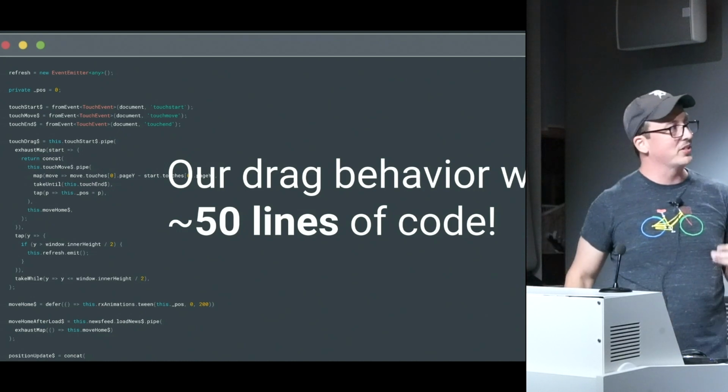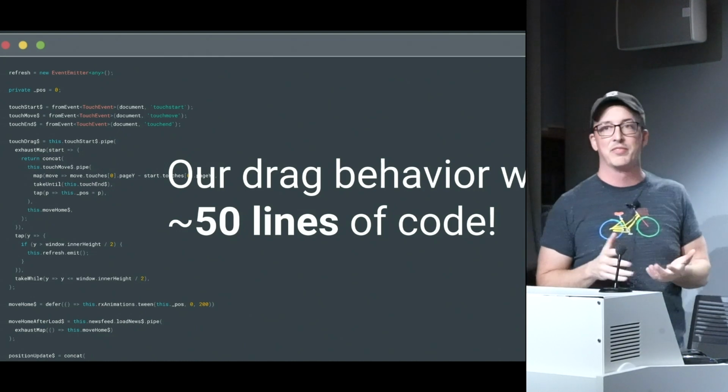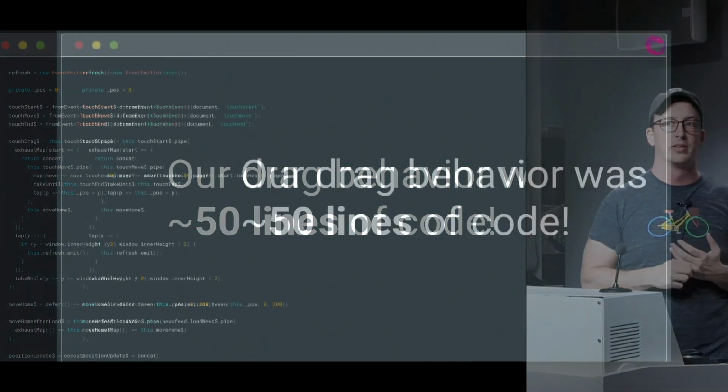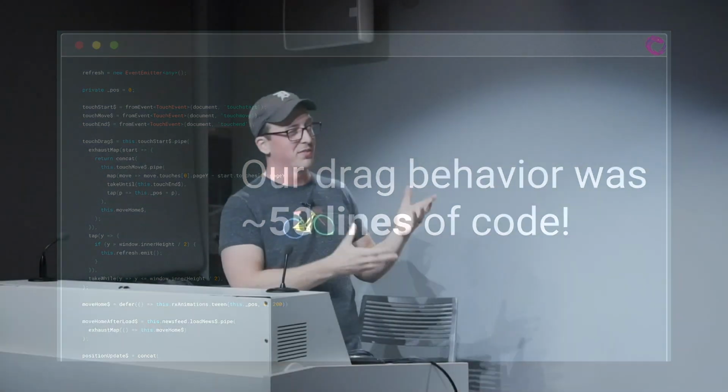So the important thing, so I talked a lot about all this, but really this entire behavior that we added was like about 50 lines of code, right? You can do this with imperative code. Good luck at getting it. But the trade-off here is obviously things around readability. There's ways to improve that that I didn't do, mostly for the simplicity of just showing the using of the operators here. But at the end of the day,